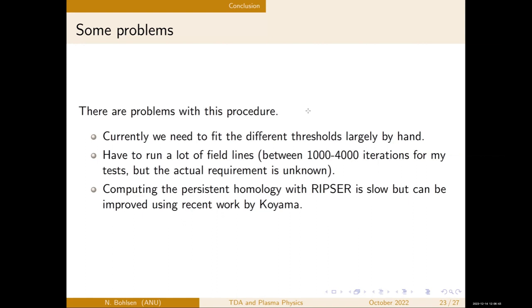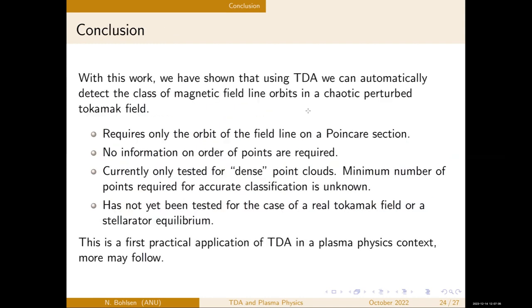We here at Applied Topology at the ANU think Ripser is probably not doing things optimally. And Koyama, one of my colleagues, has developed a vastly faster method that can probably make that not so much of an obstacle. I did these with Ripser because it's the standard, but we do have better ways of computing this. But yes, conclusion. So we've seen that we definitely can get the actual islands automatically,